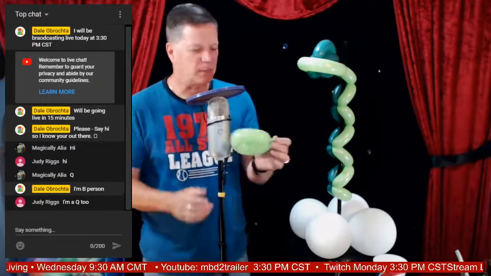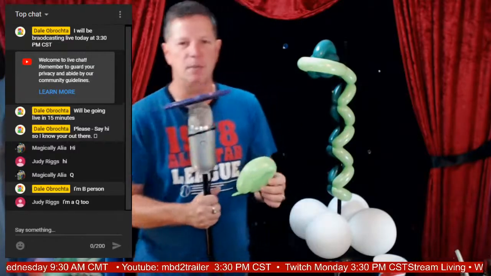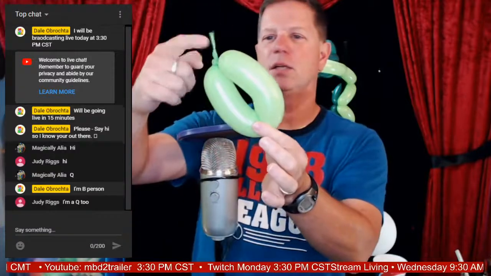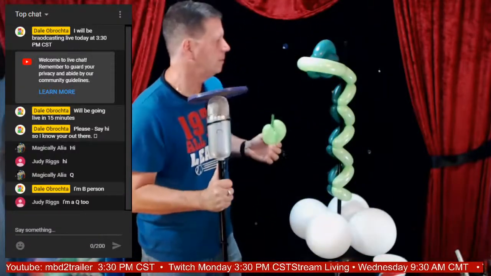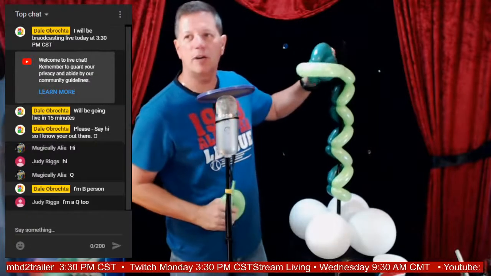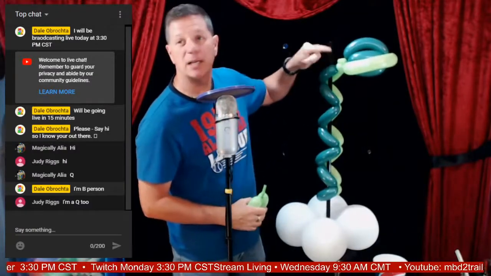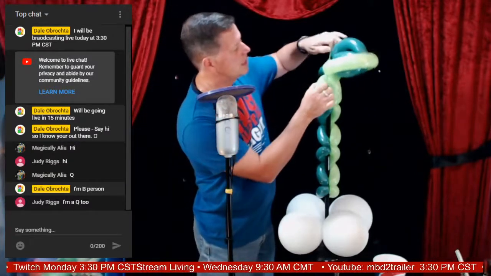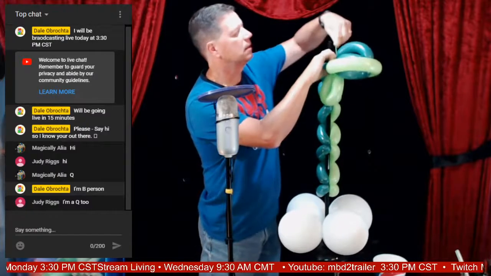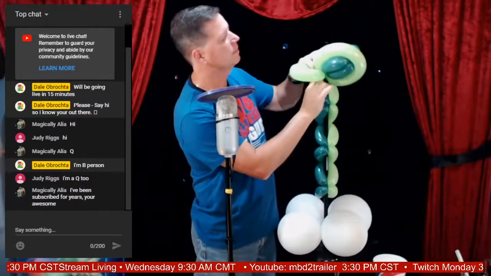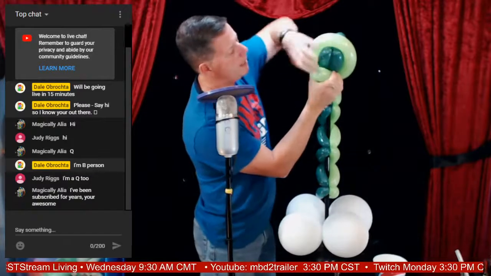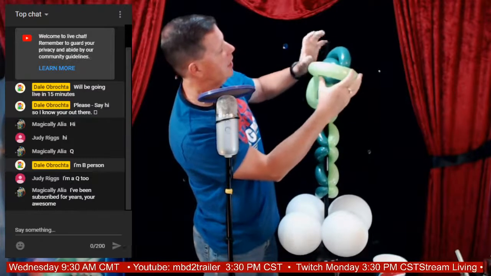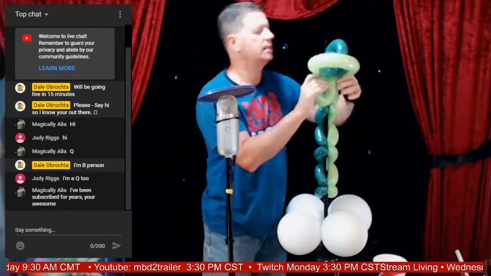Let me show you what I did here, just in case you forget to put the jaw on. Nothing more than making a circle, putting a little tab on it, and then coming into this joint right over here. This, let's see, better angle. Can you see that joint right there? The two pinch twists. I'm just going to take this, wrap it in, and now squeezing,